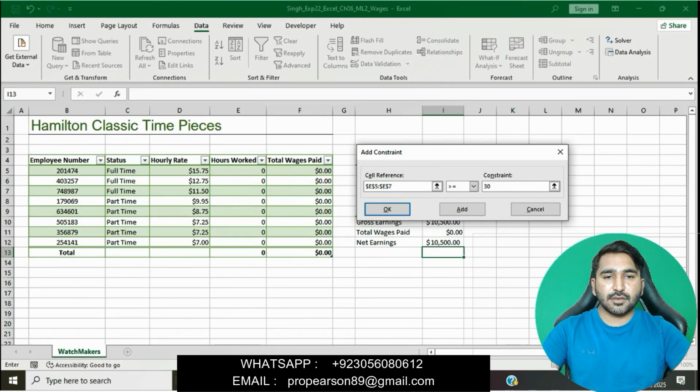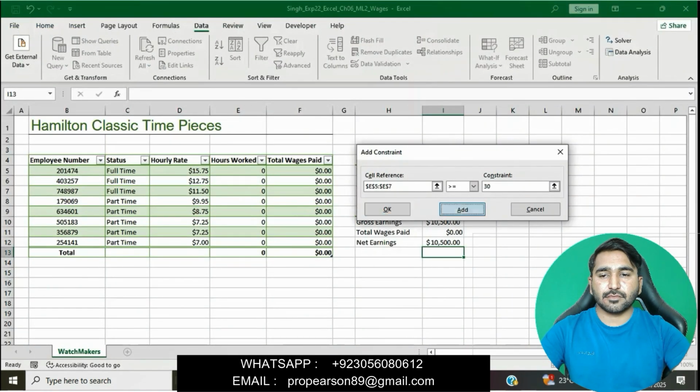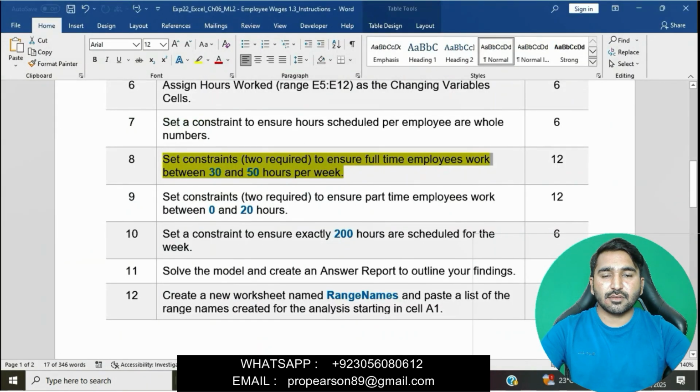Okay, and then cell references is E5 to E7 and then constraint is first 30, and then we will add the second, 50 hours per week. Okay, cell references is given E5 to E13 hours worked and then constraint is 50.